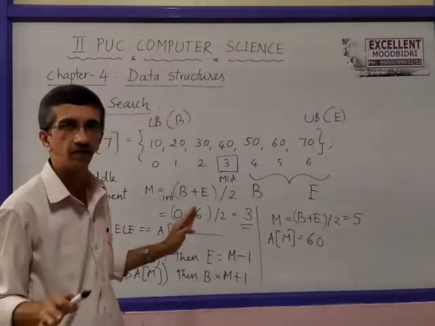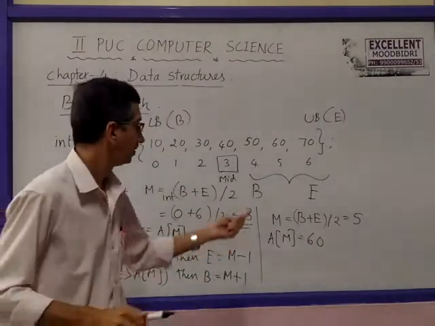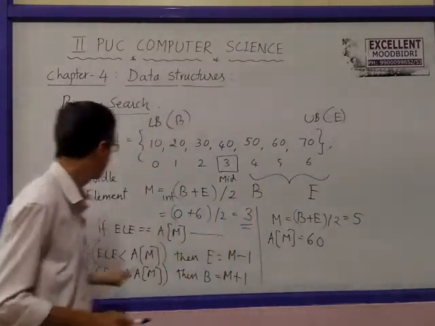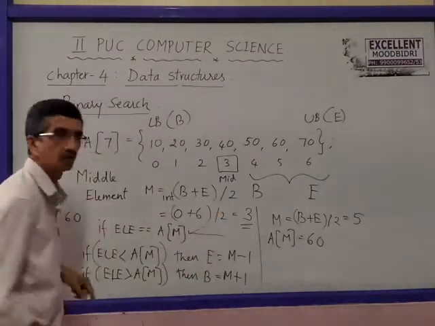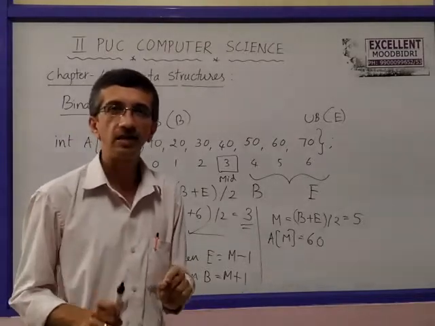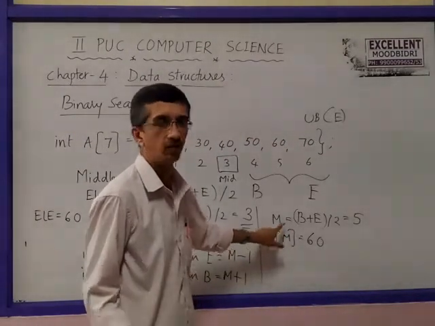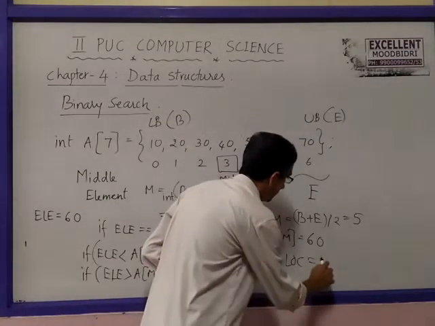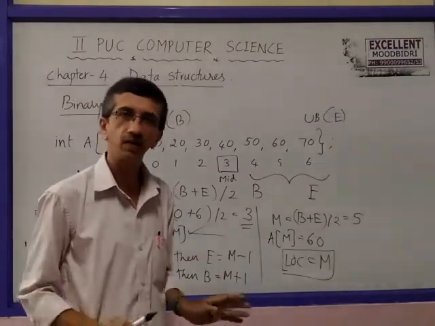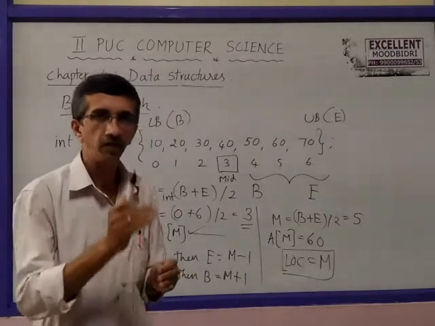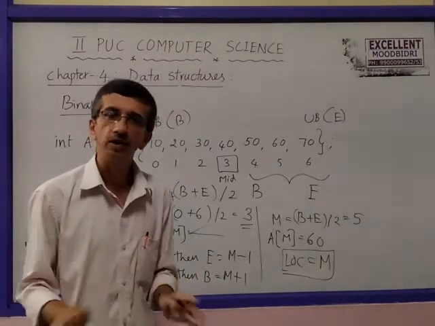The lower portion is left. The array is divided, and only the upper half we are considering for this example. The mid element is 60, the search element is also 60. So here is a match. So when we find it, the location becomes mid. So we got the element which we are searching for. The search is successful, right? So while comparing with the mid item, if the item is found, then the search stops here. We have to terminate the loop.